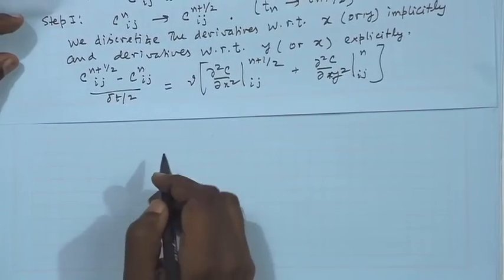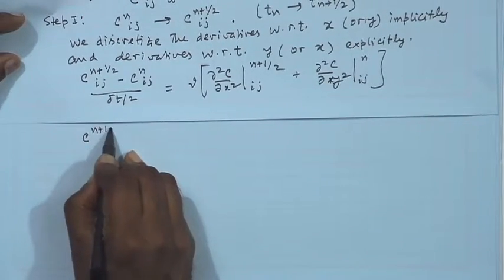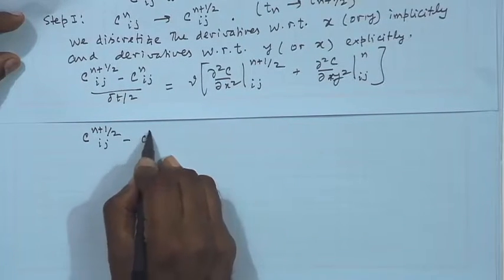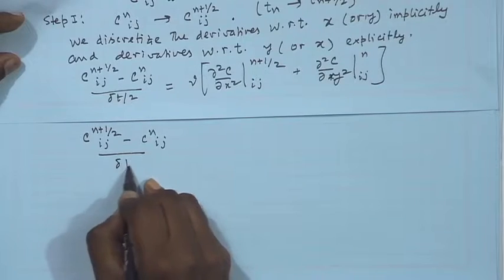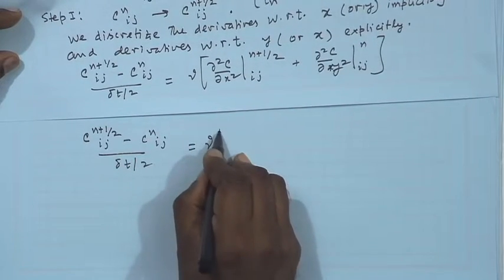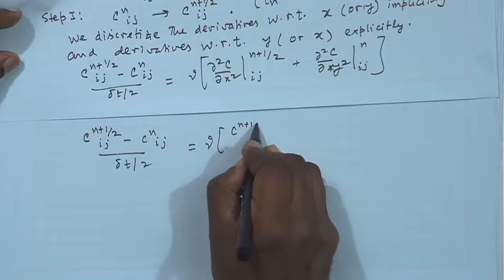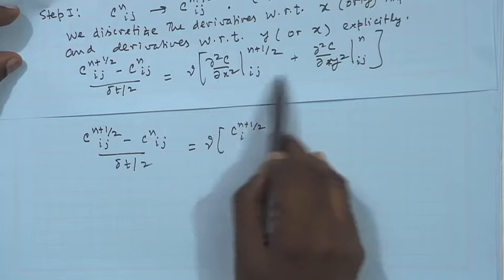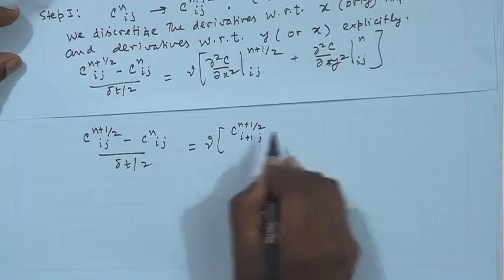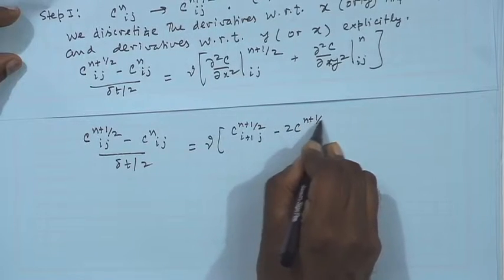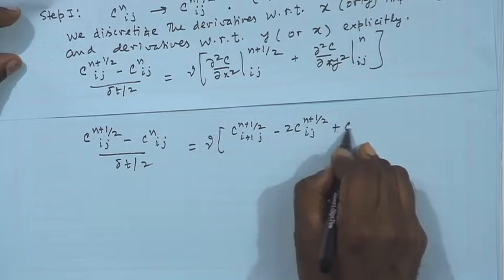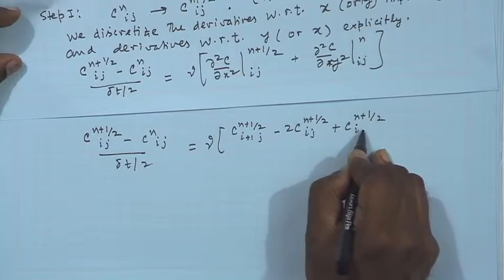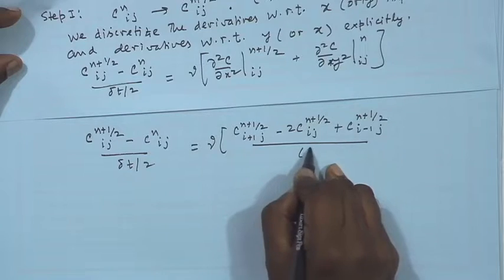So, it will look like this. If I write (C^{n+1/2}_{ij} - C^n_{ij}) by (Δt by 2) equal to ν times C^{n+1/2}. Now, you see, this is the derivative with respect to x, so that means i is varying, j is fixed. So, C^{n+1/2}_{i+1,j} minus 2 C^{n+1/2}_{ij} plus C^{n+1/2}_{i-1,j} by Δx whole square